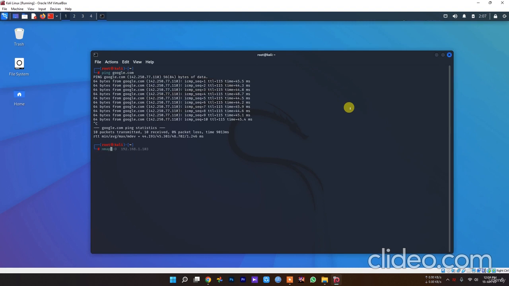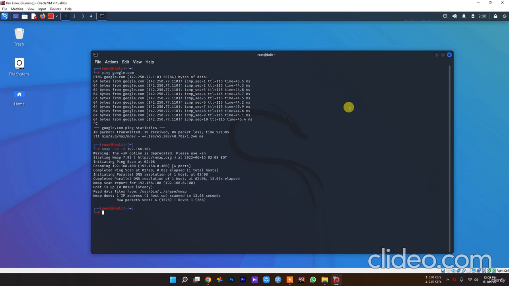Just type nmap -sP and the target IP address that you want to scan, like my IP address, this one. If the command successfully finds a live host, it will return a message stating that the IP address is up and provide the media access control, which is MAC, and the network card. As you can see,